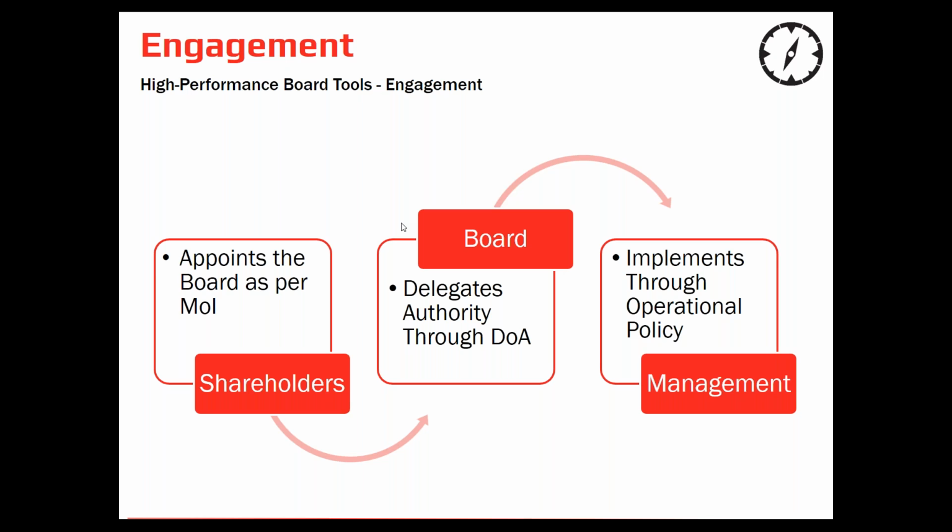So we have this ability for shareholders to appoint the board, and the rights and responsibilities of all parties is defined in that memorandum of incorporation. It's the founding document of the company itself. So through that agreement, through the rules and requirements of how the directors are chosen, which shareholders can appoint directors, etc., we then have a board that's formed, and once a year in the annual general meeting, shareholders have opportunity to change that up. The board itself is now given a mandate, and it is held accountable to this MOI,